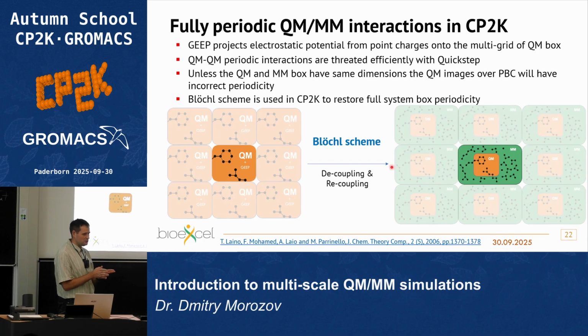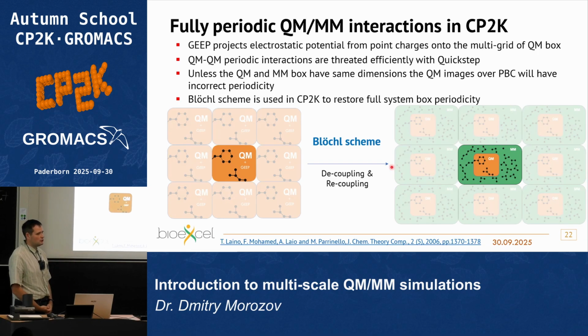It should not touch the boundaries of your QM box; the size of your QM system should be such that it fits fully into your QM box, with some additional space at the end. CP2K will recenter this QM part in the QM box at each step anyway, so that's not a problem. The only thing you need to take into account is that if you are using your own CP2K input in GROMACS, not the pre-generated one, then you need to be sure that your QM system is located at the